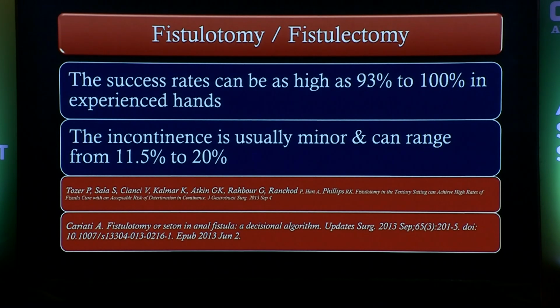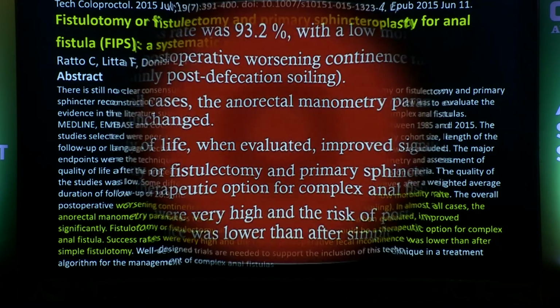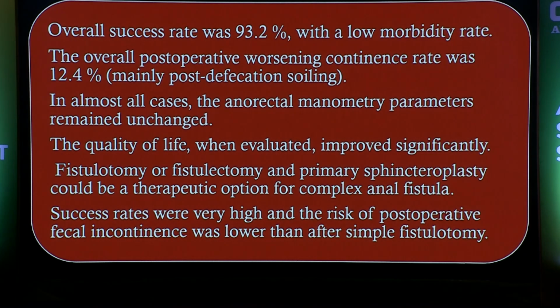So fistulotomy and fistulectomy success rate is high, but incontinence can go up to as much as 20%, but usually it is minor. This systematic review, which was published by the Ratto group from Italy, basically most of the cases were his own in that systematic review. And he said the overall success rate was 93%. So this was probably one of the highest success rates of any procedure. And suturing the sphincter,